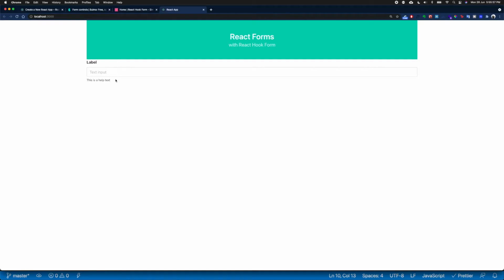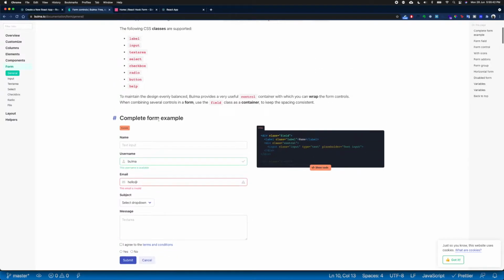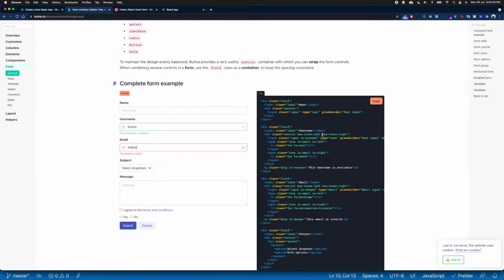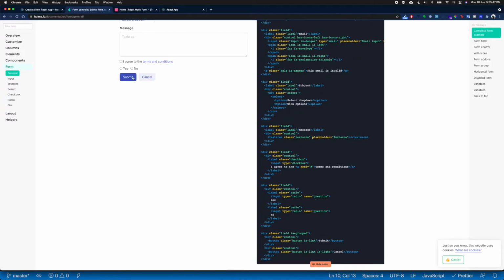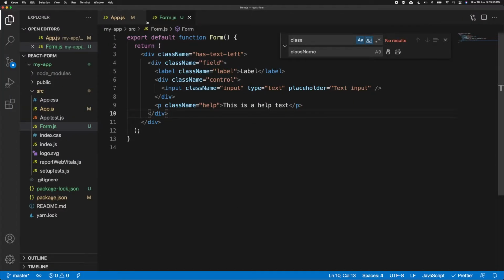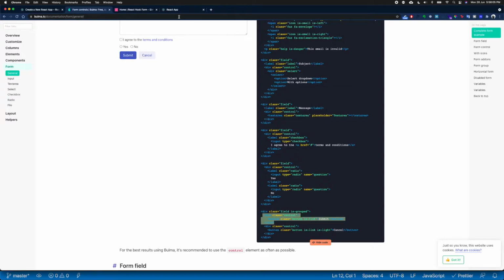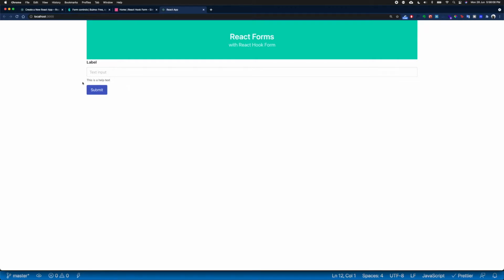Let's first add our button. Let's go back to this Bulma website and open up this code here, and there's an example. I find this button to be really nice. Let's copy that code. That's going to be under here, and I'm going to add it to our form. So here is a field, and right after it I'm going to add this. Again, replace class with className. Let's save, go back, and we have a nice button here. That's great. Next step, let's go ahead and